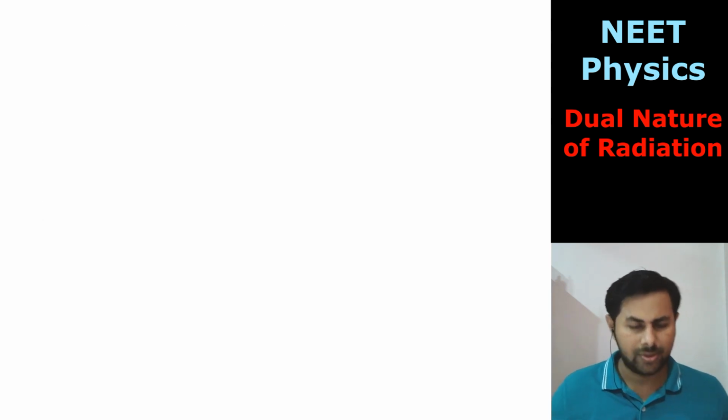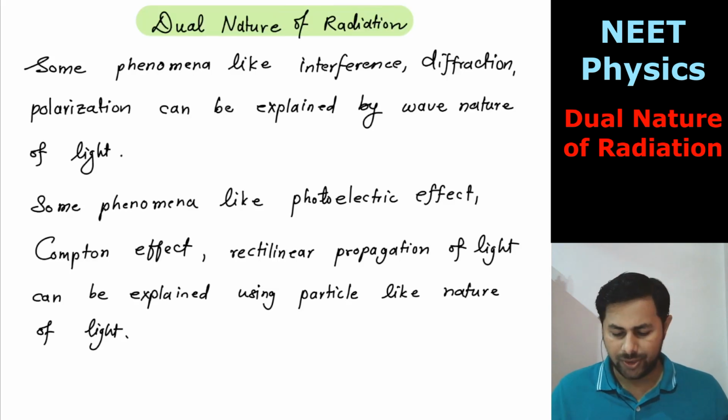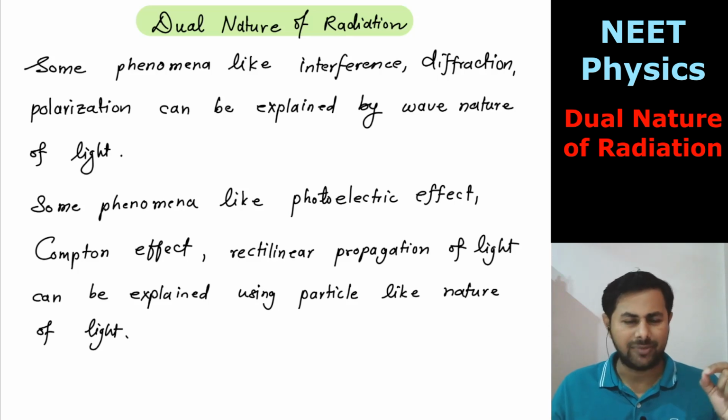Before the experiment called the photoelectric effect, we used to believe that light is made up of electromagnetic waves. So, dual nature of radiation, what's that? Some phenomena like interference, diffraction, and polarization can be explained by the wave nature of light. In this chapter we have seen that the photoelectric effect cannot be explained using the wave nature of light. You need to think of light as particles or packets of energy,